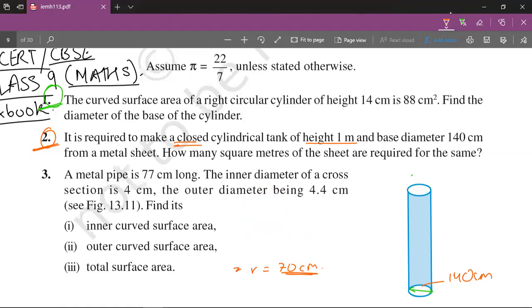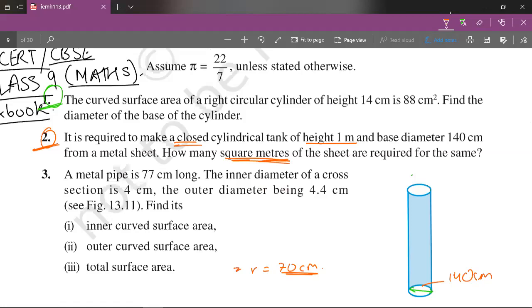So meanwhile, I've made space. If you have observed, all the units in the question are the same and no conversion has to take place, so everything is still good. But when we come to the final statement, how many square meters of the sheet are required for the same? Meter square and square meter are the same. In this question, it has specifically mentioned square meters, and the more critical part is meters. So in this question, not all units are the same, so conversions have to take place.